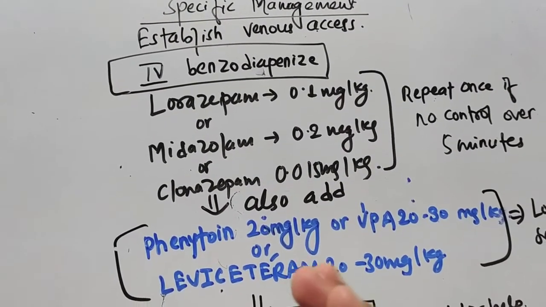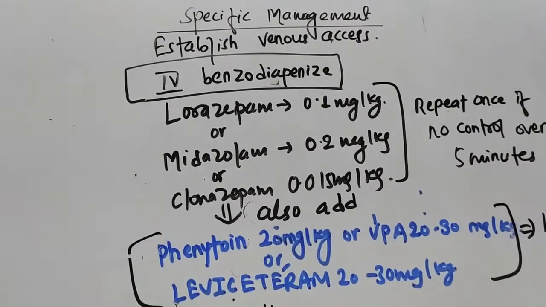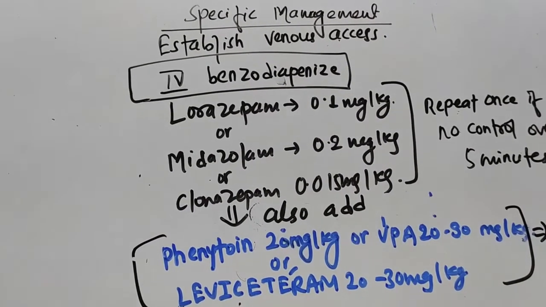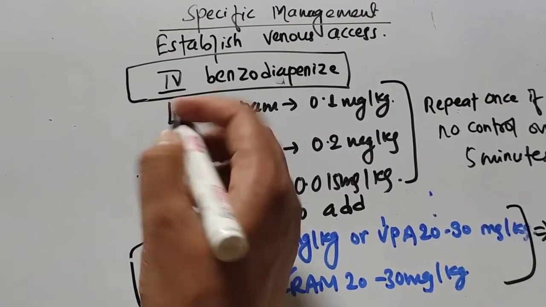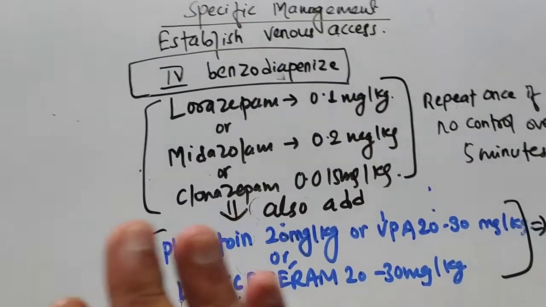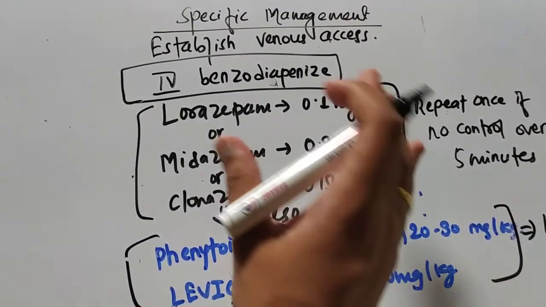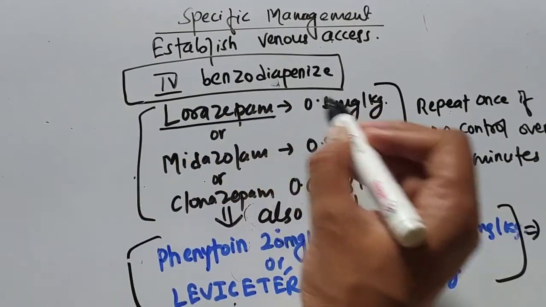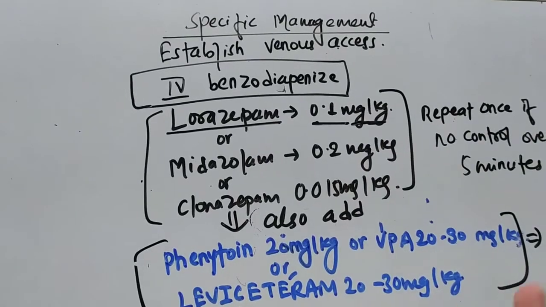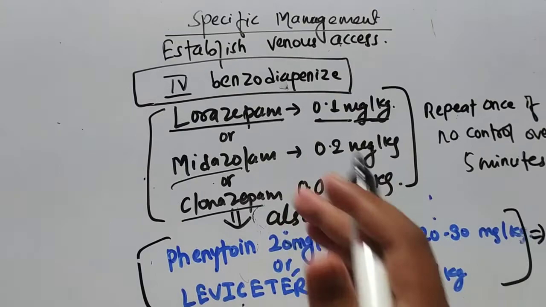So let's study the anticonvulsant therapy for status epilepticus. First of all, you should establish venous access. Start the anticonvulsant therapy with benzodiazepines. The benzodiazepines will be given intravenously first, to make the patient stable or calm. If we are giving lorazepam, it will be given at 0.1 mg per kg. Similarly we have midazolam or clonazepam. Whatever is available to you, you will give that,